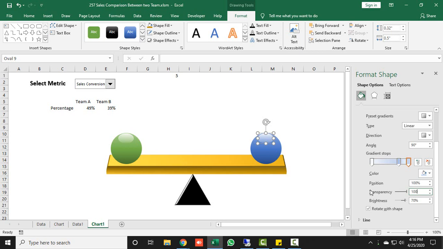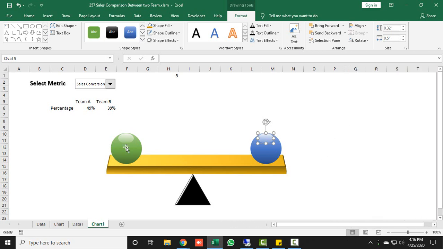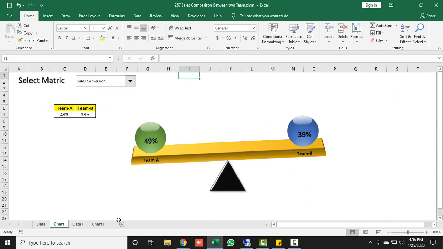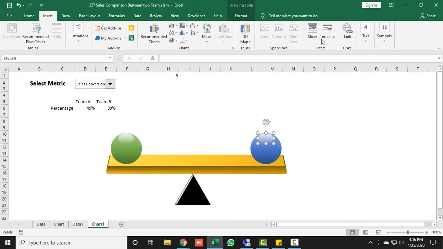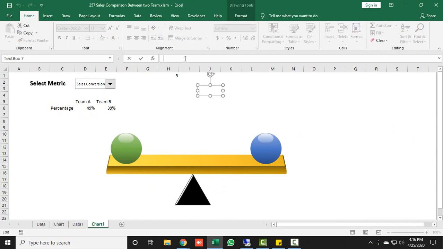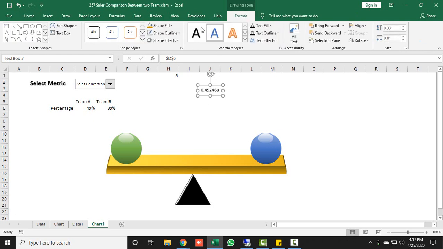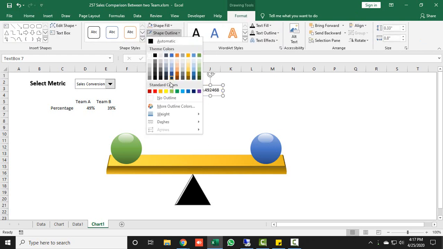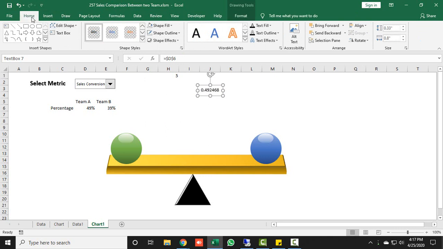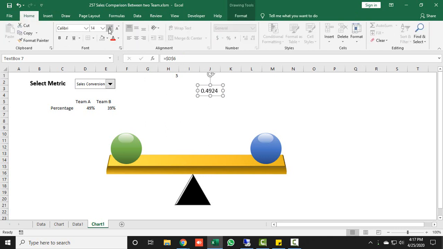Alright, now to add the data label, I will just go to the insert tab and will take a simple text box. Alright, then click on formula bar, press is equal to, and select this one. Then select this one, go to format, do the shape fill as no fill, shape outline as no outline, and will increase the font and will bold it. Alright, and do the alignment as center alignment and will keep it over here.